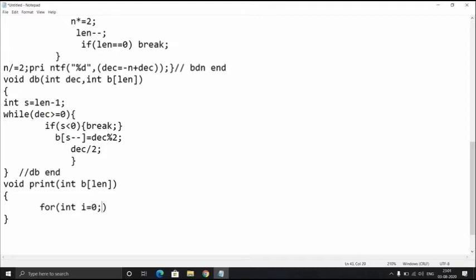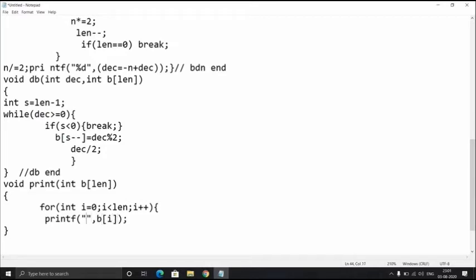Okay, I'm writing a for loop, and I'm implementing the same logic which we used to print the array elements. Within the for loop, I have initialized an integer variable i with 0, and then i should be less than length.